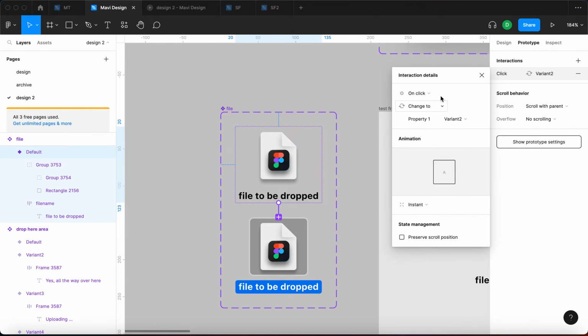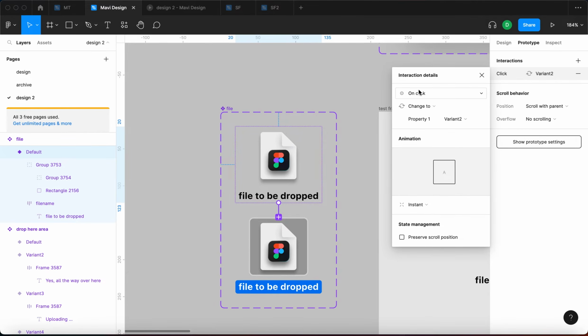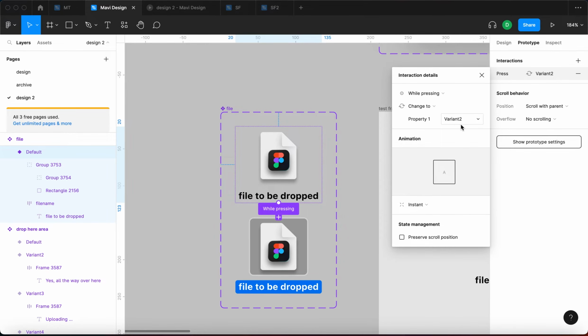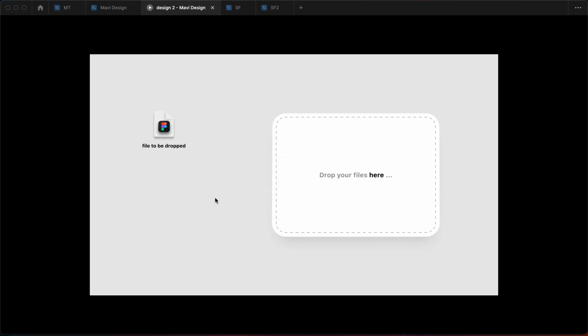And I'm going to define that while pressing, right, under interaction details, while pressing, which corresponds to the interaction that we want, change to property 1 variant 2, right? And this is going to be instant. This is going to be an instant transition. And what should happen now is that when I open the prototype again, to make sure, I'm just going to reset this. When I hover my mouse over this file and then I press it and hold it pressed down,